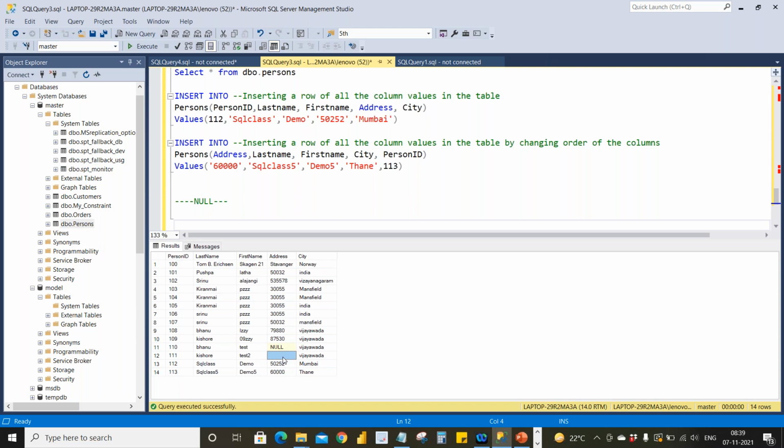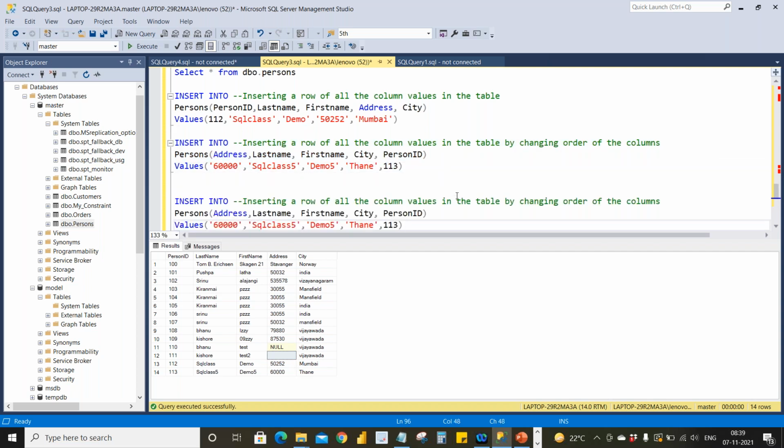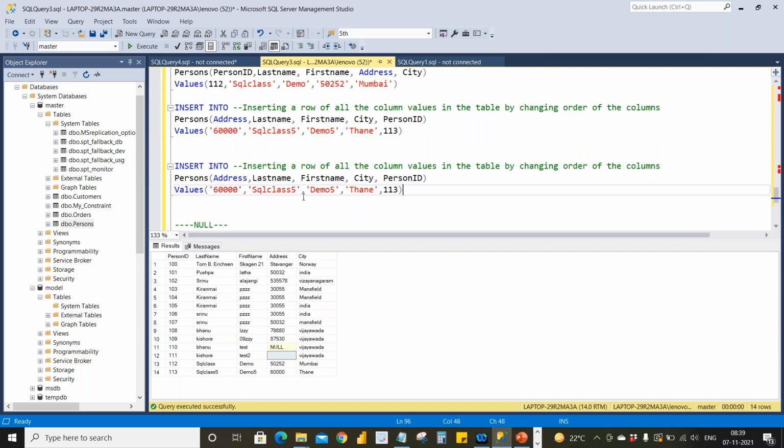Usually we think null and empty are the same, but null is different, empty is different. If you want to insert an empty value in some address or some field, you can do that. I'll show you in the insert column first. Suppose I want to insert some empty field in the first name. If you don't give first name and don't give the value over here, it will be inserted as null, right? But if you give first name over here, but give an empty value, then what happens? It will insert as an empty value.